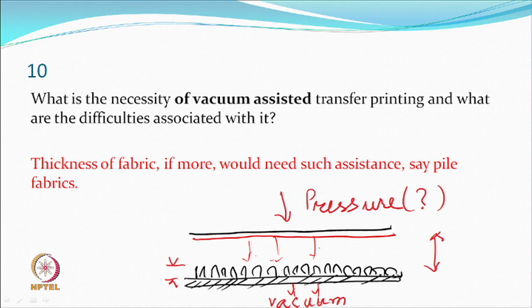Otherwise some of them, because of space, may like to go out as well, and you can't put so much of a pressure on a pile structure. That is also a difficulty, because if you put a good amount of pressure at a high temperature, the amount of pressure that you put on a flat fabric, you may damage the texture. Fiber may not get damaged, but the texture can get damaged. So, you are losing the thing.